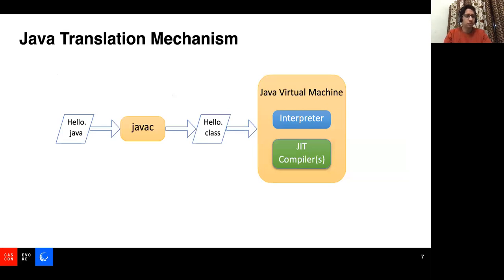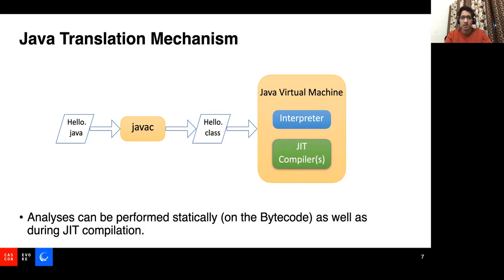Now, when we want to go ahead, we looked into Java's translation mechanism again. We revisited Java's translation mechanism, where we know that a Java program is first compiled into bytecode, in the form of class files, by a static Java compiler, and then these class files are actually either interpreted or just-in-time compiled by the Java virtual machine, right? So the current kinds of analysis we are talking about are performed in the JIT compiler. However, we can note that in Java, there are two places at which we can perform analysis: in the JIT compiler as well as in the static Java compiler.